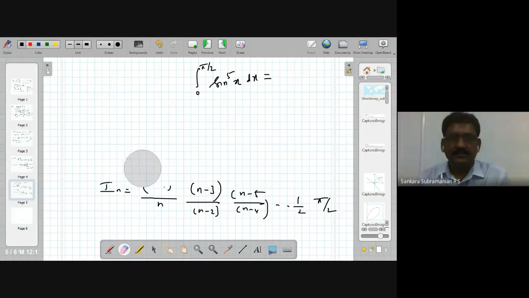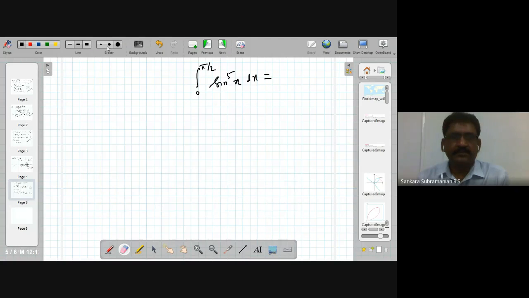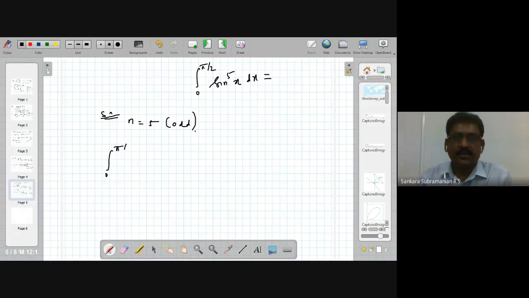Sir, odd. How will you do this? இந்த இடத்துல first solution போறதுக்கு முன்னாடி n is equal to 5, which is an odd number. So therefore integral 0 to pi by 2 sin power 5x dx is equal to